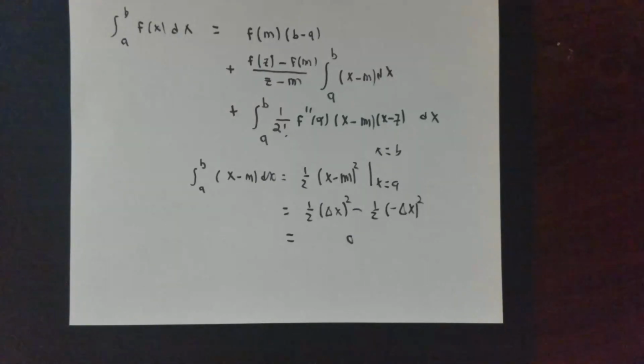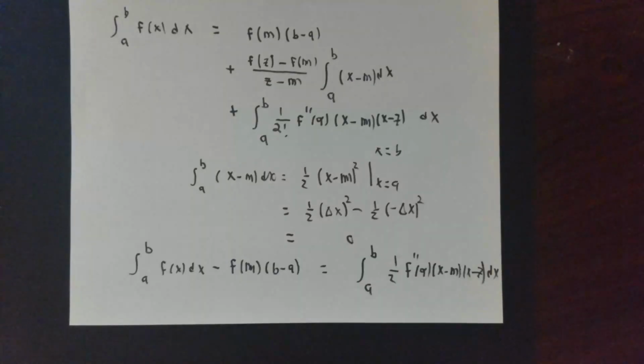There's another layer to this also. This is true no matter what z is. Let me rearrange this a little bit to show you just how strange this is. The actual value of the integral minus the midpoint approximation equals that. Here is the weirdness. Variable z does not show up here, and yet this thing that doesn't depend on variable